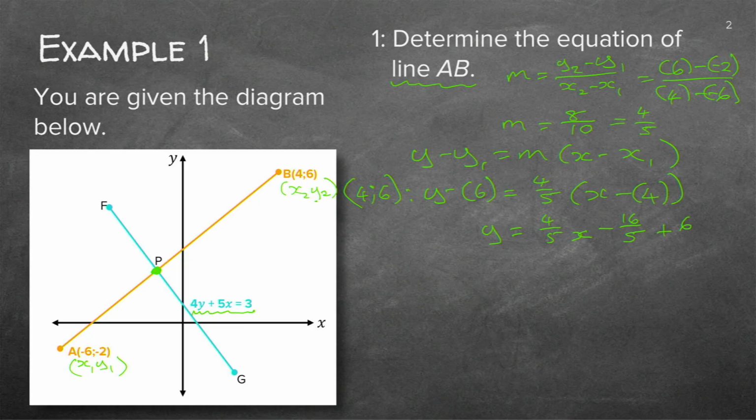Good. What do you do now? You just simplify it. I just want to show you something. I just said 16 over 5. Whenever you work with fractions, it's always good to make the other one a fraction as well. So just put that 4 over 1, then you can see 4 times 4 is 16, and 5 times 1 is 5, and you don't have to worry. Good. 4/5 x. If you want to make that one also fifths, it will be 16 over 5. 6 times 5 is 30 over 5. It just makes it easier. So y will be equal to 4/5 x. 30 minus 16 is 14 over 5. 14 over 5 is 2 and 4/5.